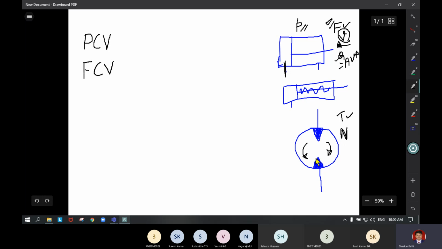So these are the two parameters, and apart from that we have one more parameter, that is, here you can observe the rotation directions. So it can rotate in clockwise as well as in anti-clockwise direction. That means to have clockwise direction, we need to supply from one port. For the other direction, we need to supply the fluid from another port. That means once we need to supply for one port, another time we need to supply for another port.